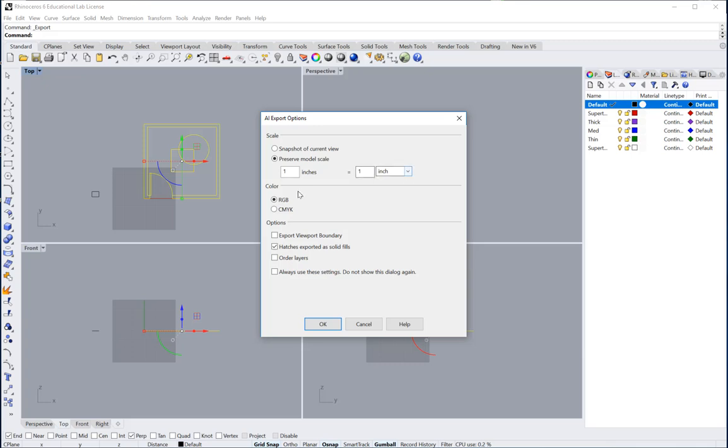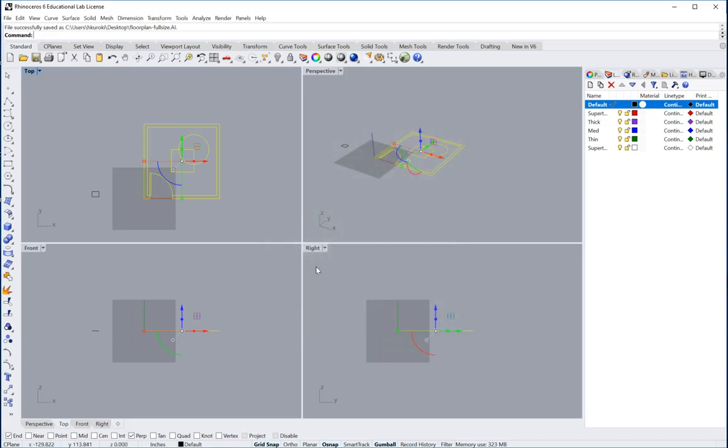Okay, so if you follow the instruction on 121 and start all your models in the inch unit so that when you transfer it over to AutoCAD, it'll work out fine as the same units and all, you should be fine. So it's the same thing when you work it into Illustrator. 1 inch is going to be 1 inch. So we'll start with that. Okay, and when you say OK,